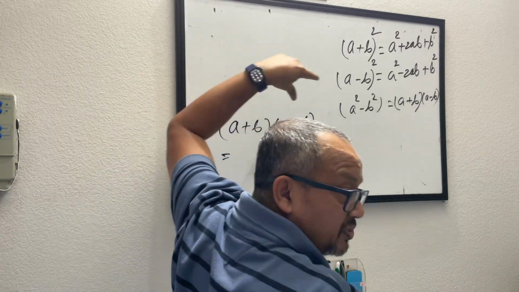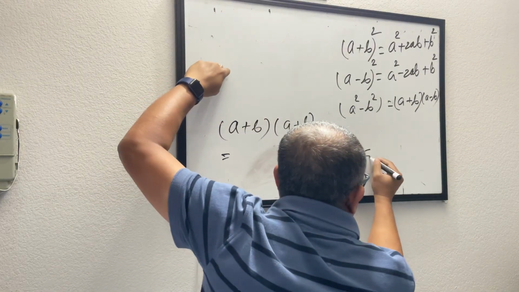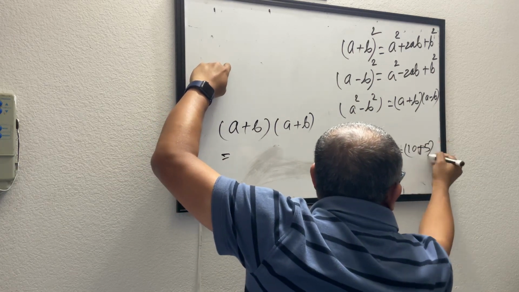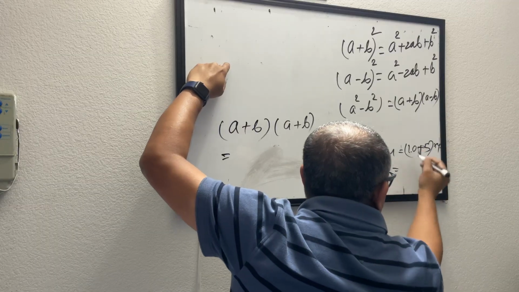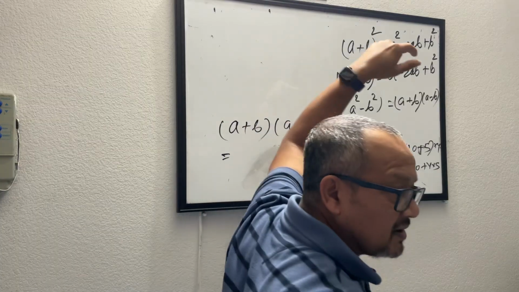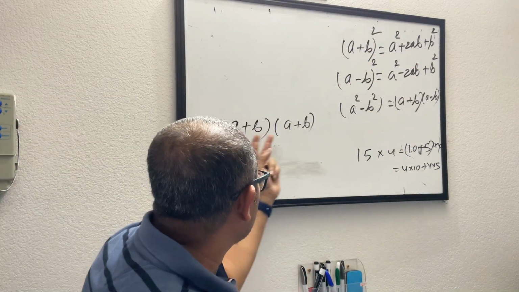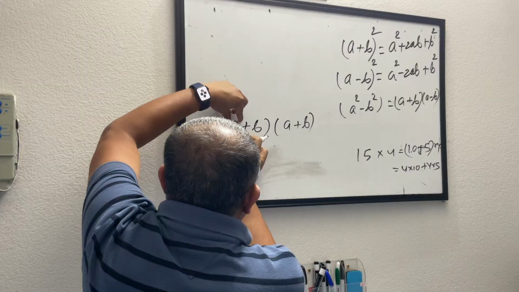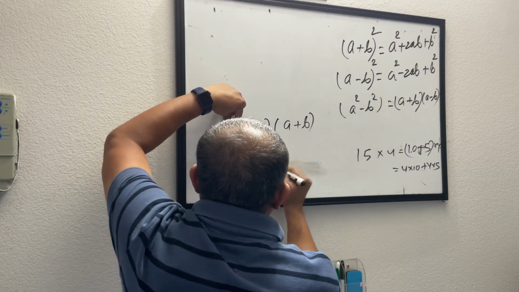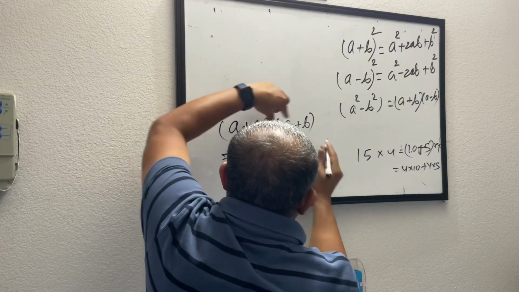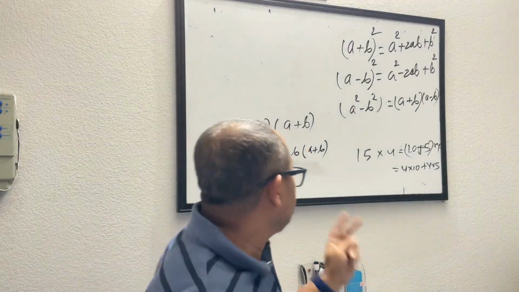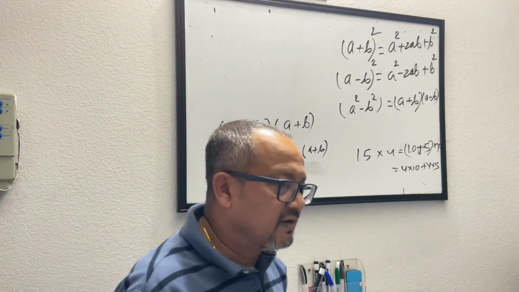You can break it down further using distributive property. Like 15 into 4 is nothing but 10 into 4 plus 5 into 4, and you will say 4 times 10 plus 4 times 5. Correct? Same way here, when you have a plus b times a plus b, what you will do is, you will split them. So this means a times this whole thing plus b times the whole thing. I've distributed this whole thing. You can start from here, you can start from here. Any which way is okay.